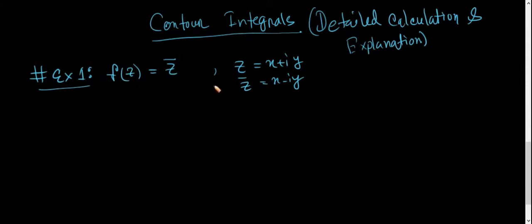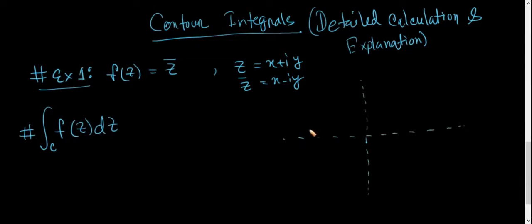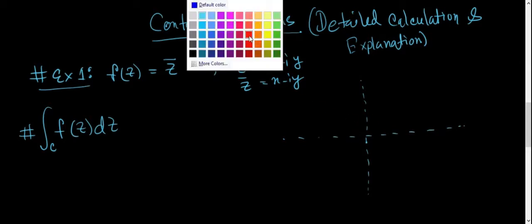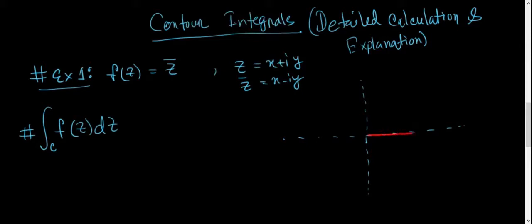So I have given you the function. Now we need a contour. That is, we want to evaluate this guy over here, f of z dz over some contour c. And for this example we are going to choose a contour in the complex plane. Let me draw the complex plane first. I am drawing with some dashed line, or you can just draw it with some solid line as well. So let me use a different color to denote some contour, and this is one contour. This should be a straight line over here,